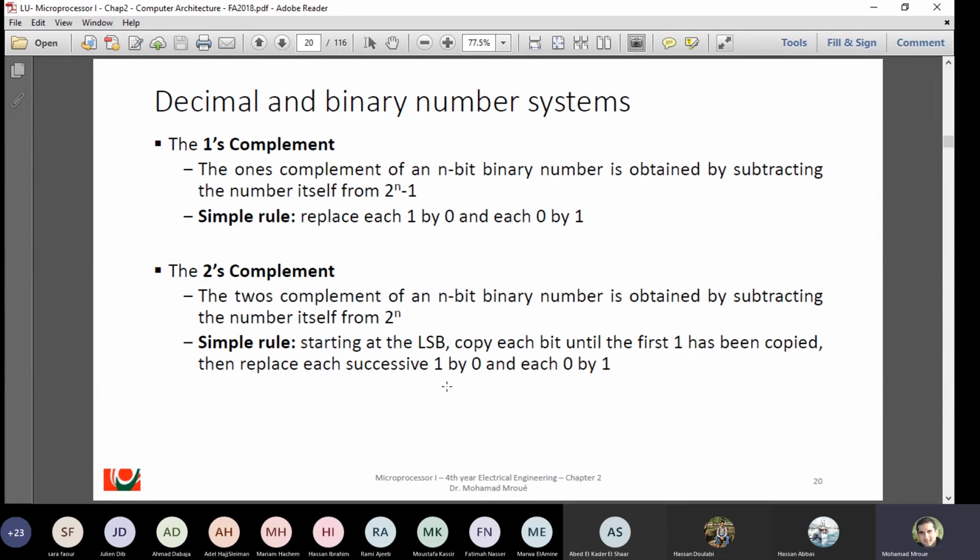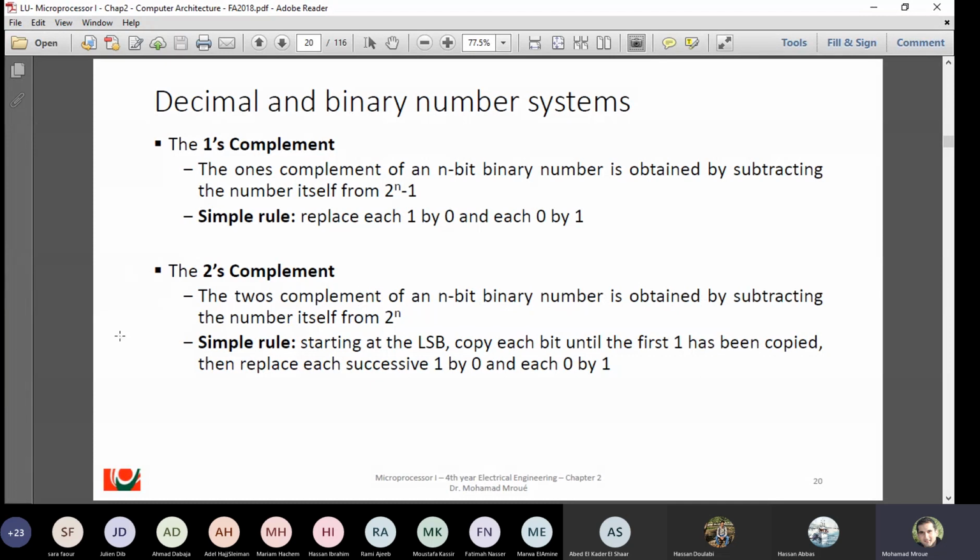So by definition, the ones complement of an n-bit binary number is obtained by subtracting the number itself from 2 power n minus 1. Or simple rule, replace each 1 by 0 and each 0 by 1. يعني هون عم نعمل bitwise not. So عم تشقلب البت. The 2's complement of an n-bit binary number is obtained by subtracting the number itself from